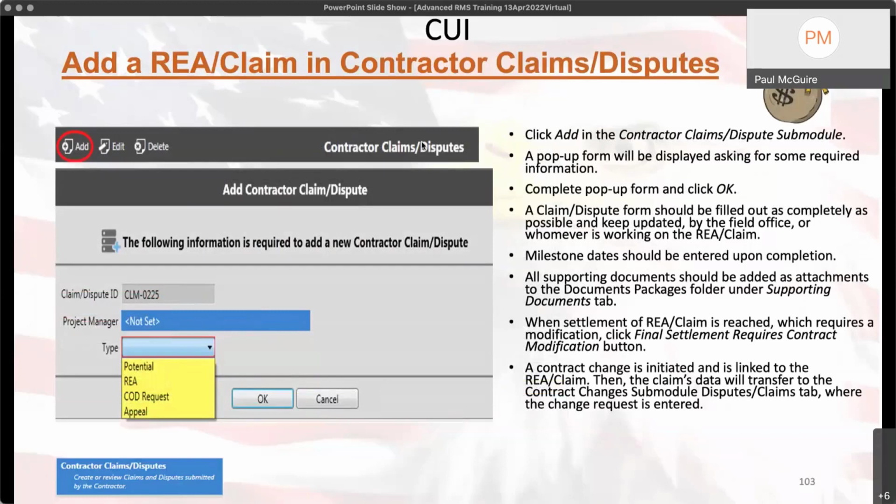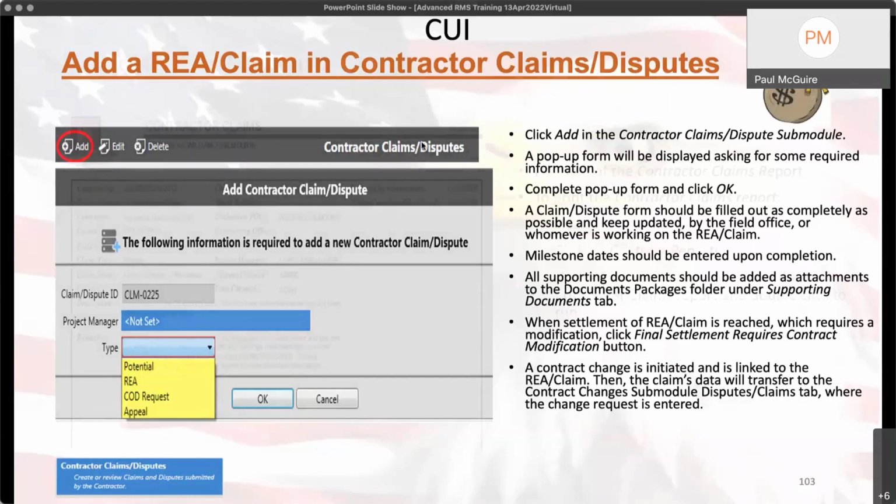I have not gotten a lot of questions on this. This is probably something that's not used as often. Again, district policy. If your district requires this, you got to do it. If not, hey, you don't have to, right? So you can choose the type. You can go in and remember those blue boxes usually are a lookup. So you click that, it's going to come up with all the project managers in your district or contract